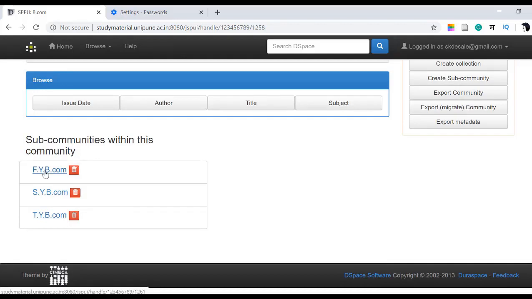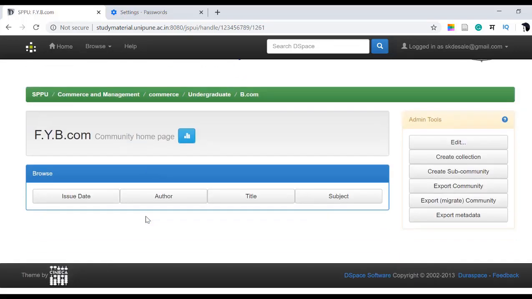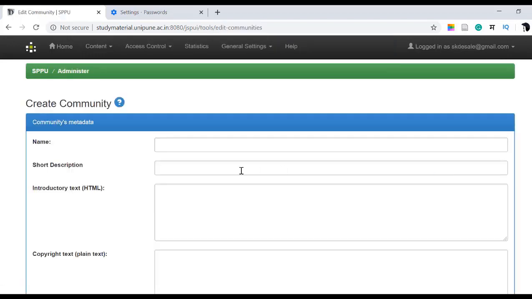Now under first year BCom, here is a semester pattern. So under FY BCom, I will again create a subcommunity according to the semester. So under the FY BCom, I'm creating semester wise. Create subcommunity, semester 1.